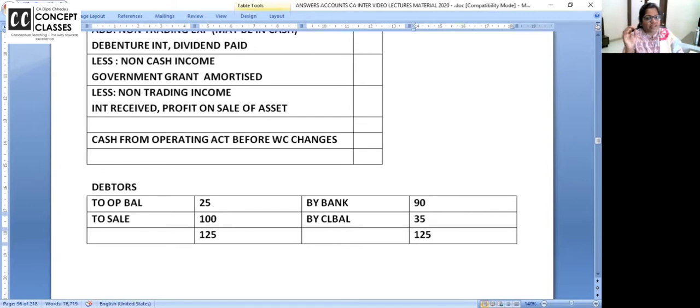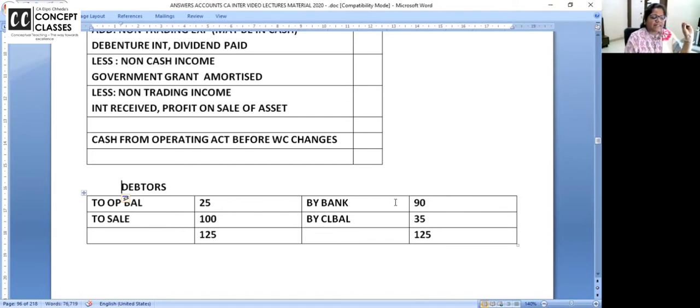You know the format of debtors account thoroughly in the single entry chapter, so that then you can use it in insurance claims, in branch accounting, and so many other chapters, right? So now just look at the screen and see if your debtors account is clear or not. Now listen, if I want to prepare cash flow statement with all this knowledge, the important figure for me is collection from debtors. Take how much money has come from debtors. But I am in which method? Indirect method.